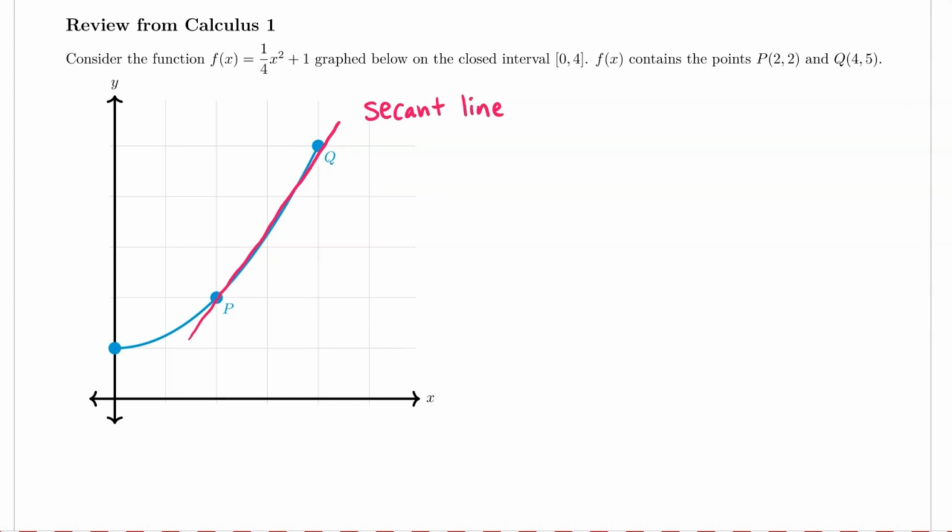The way that we find the slope of the secant line is by taking the y-coordinates, subtracting them, and then dividing that by the difference in the x-coordinates. The whole reason that we care about the slope of the secant line is because it tells us about the average rate of change